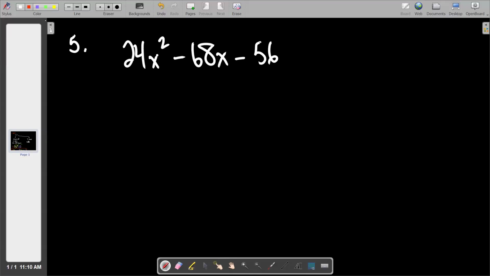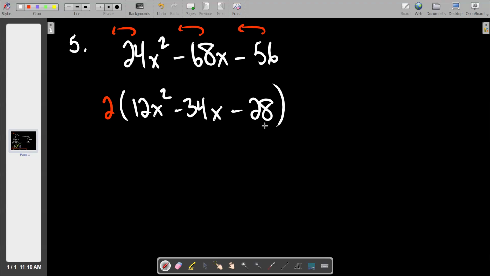And this is where having a calculator is pretty critically important. What's something that 24, 68, and 56 can all be divided by? I agree. So you might want to not write this down because you're going to learn something here. But I'll take one for the team. If I pull out a two, I'm left with 12 of those, 34 of those, and 28 of those. And then it occurs to me, I'm like, ah, snap, I got a problem. What can all of these be divided by? 12, 34, and 28 can all be divided by